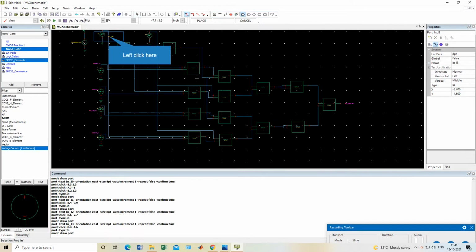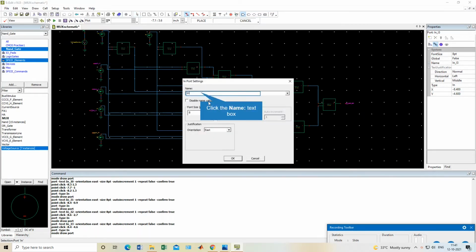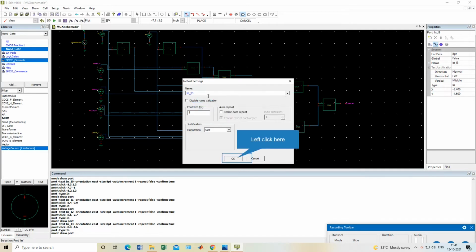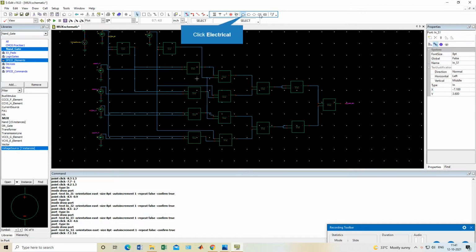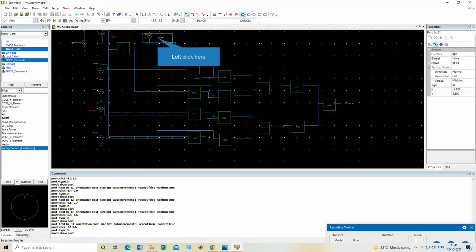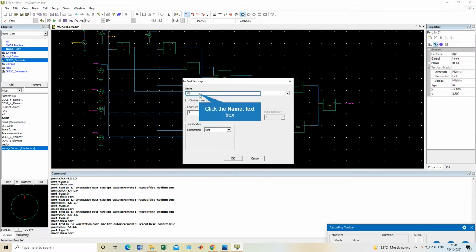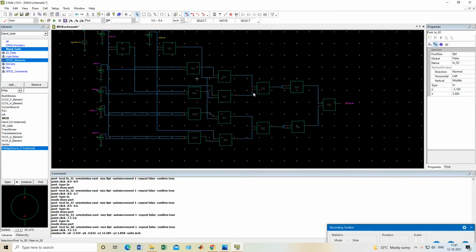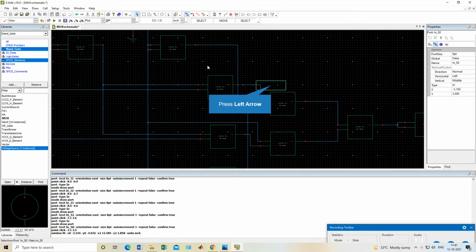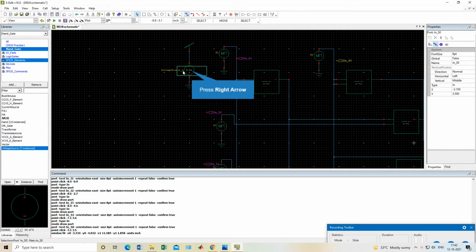Now we will give ports to S also, in_S1, yeah, and one input port will be here, in_S0.